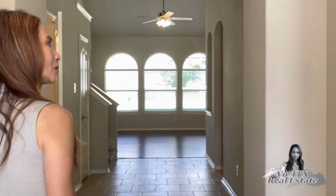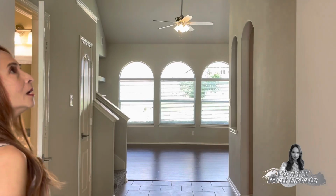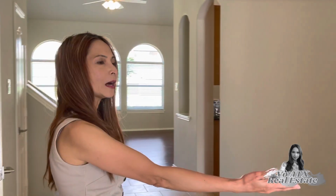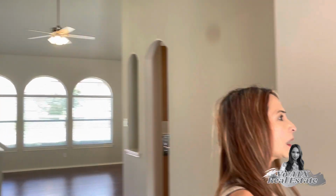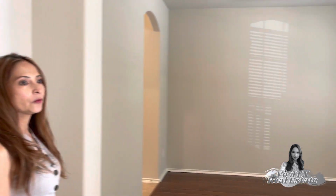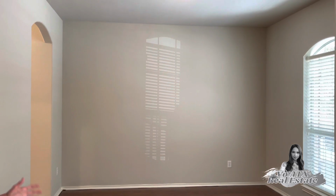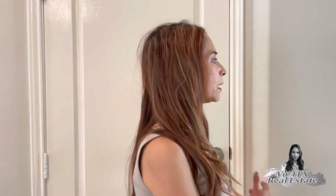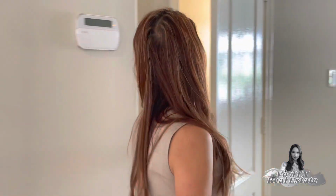Alright, so as you enter the house, there is a wide hallway, and on the right side of the hallway you will see an area. It could be a formal dining room or it could be an office. We do have an epoxy garage. I will show you a little bit later. Next to it will be a half bath, and as you can see,